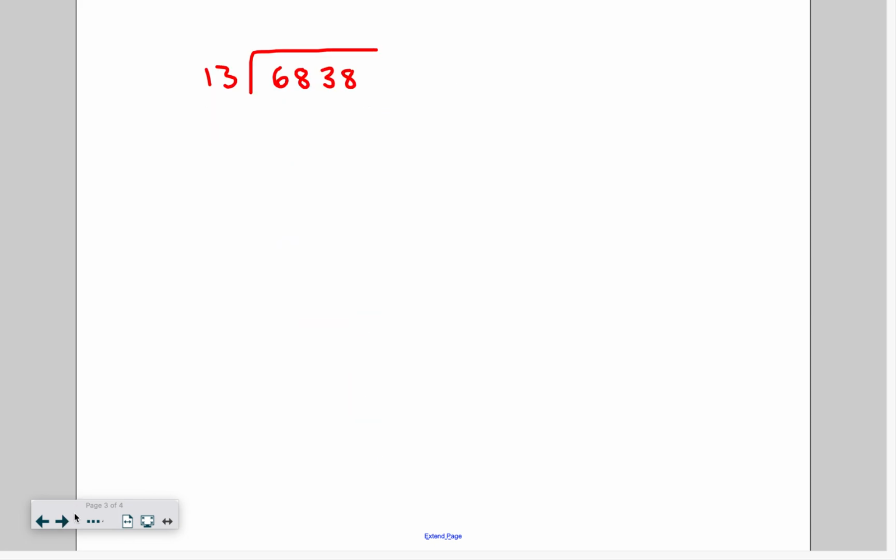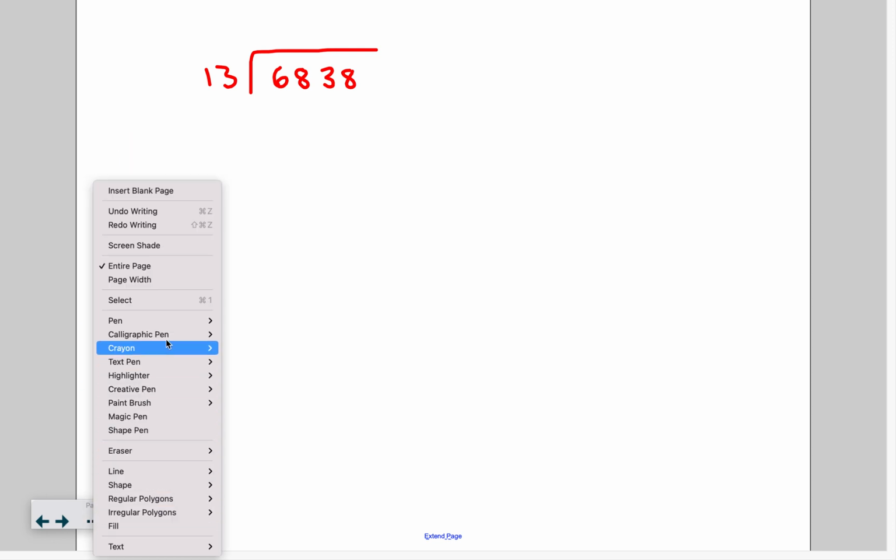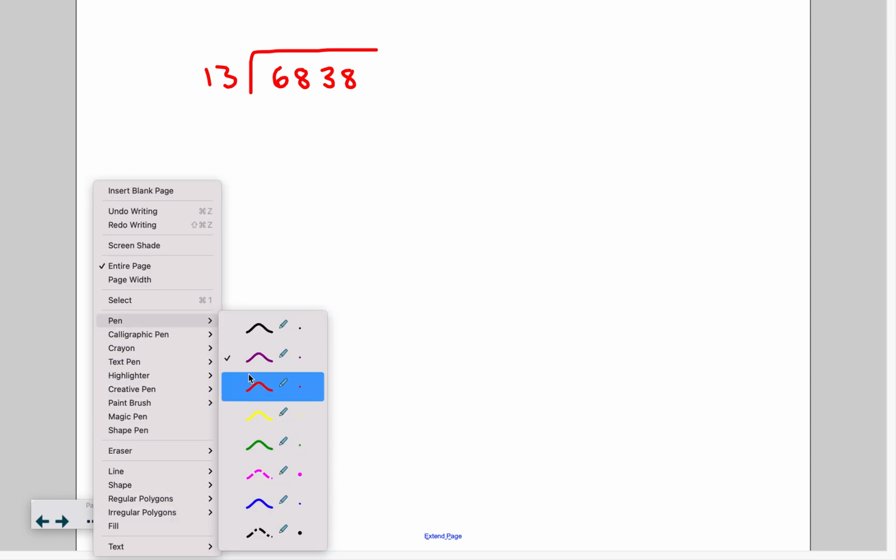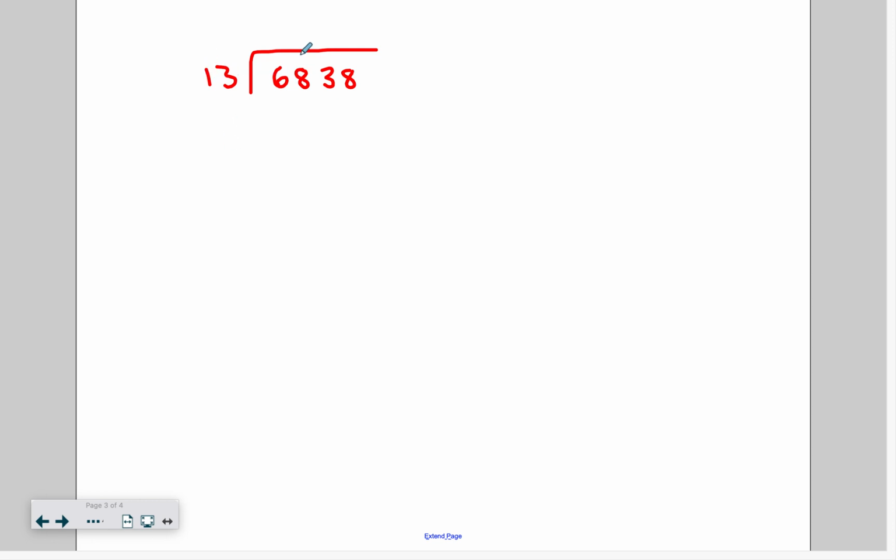Now, some of the problems are going to be a little gross, like you would start off with this one. You can look at this and say, oh my gosh, I can't subtract 13 from 6, so you go straight to 68. Now, you're going to have to know your multiples of 13. So if you don't know them, it helps to just write a couple down and go a couple times, add 13, which will be